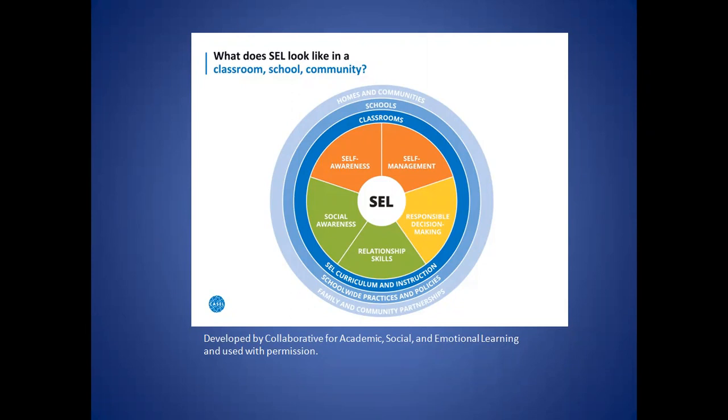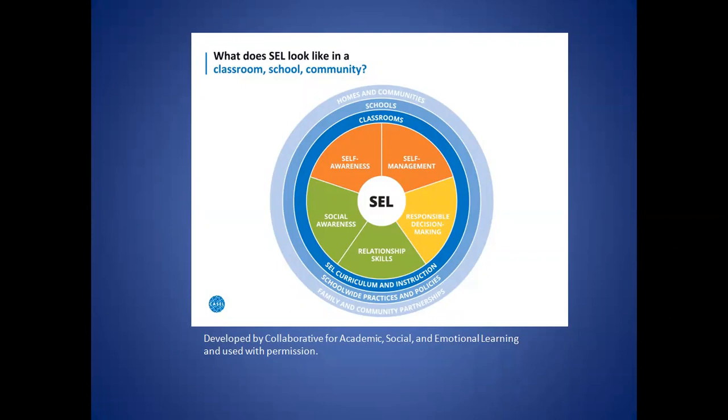So there in the center of the screen, you see the 5 characteristics that we teach in social and emotional learning: self-management, decision-making, relationship building, social awareness, and self-awareness. That starts, for us, in the classroom. There are also school-wide initiatives that can be generating social emotional learning. And then outside of that, although this slide is a little bit